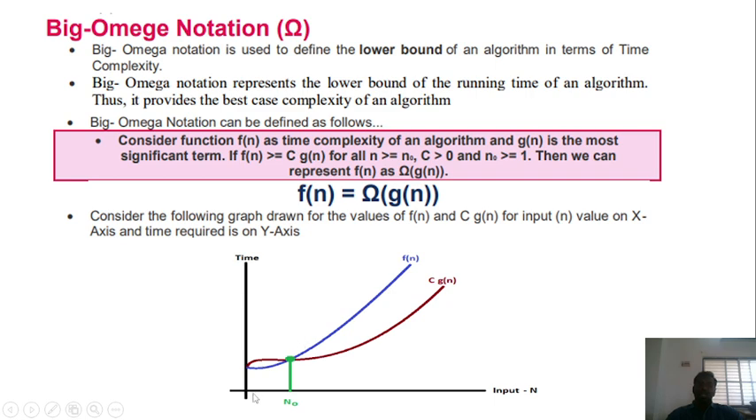Here on the x-axis I am taking the number of inputs and on the y-axis I am taking the time. If the number of inputs keeps increasing, how much time is required to complete? Normally f of n is the time complexity of an algorithm, but c into g of n takes less time when compared to f of n, so it is the best case of an algorithm. So next,